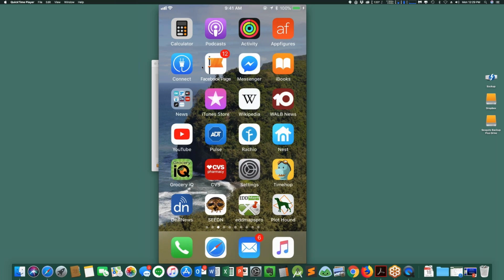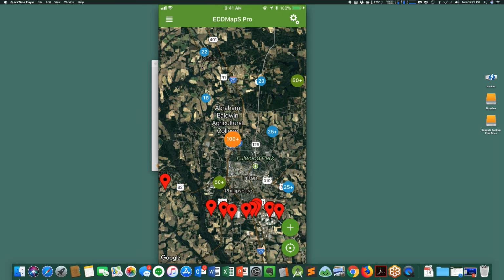So this is the EDDMaps Pro app down here at the bottom. When you click on that, it opens up into a map view. And I think that's an important thing, that really the focus of the EDDMaps Pro app is this map view. And so if you can see it,